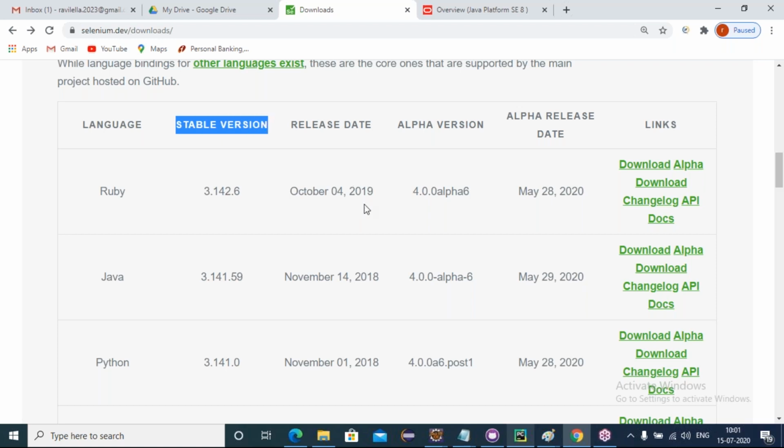So you may have a doubt, Ravi, WebDriver 4 is there, WebDriver 3 is there. Is any version above 3 there? Yes. 2 is there, 1 is there. Suppose in WebDriver 3, I don't want this 3.141.59. If you want it, you download it directly. But if you want to work with older versions of WebDriver 3, how can I get them?